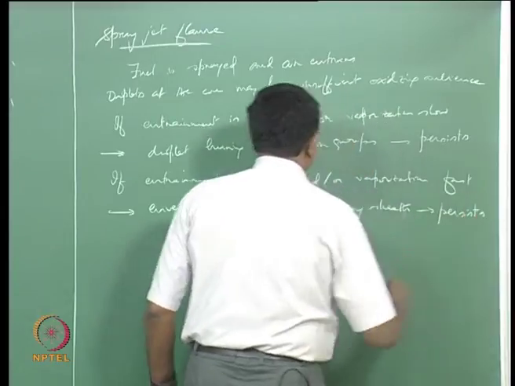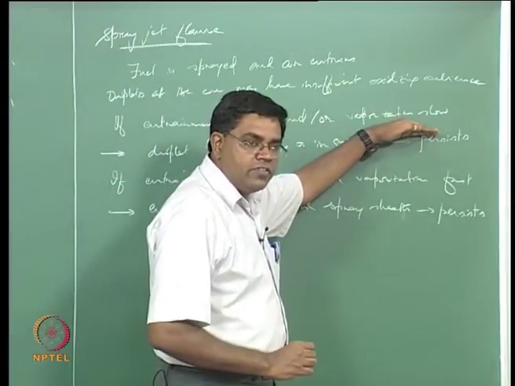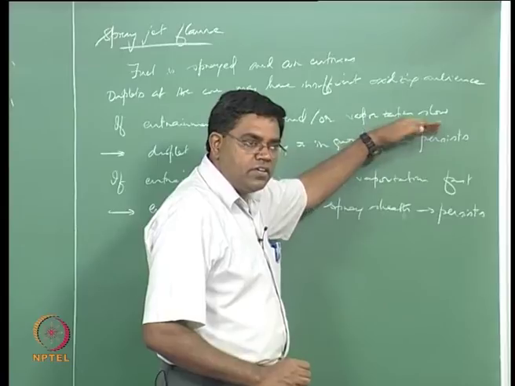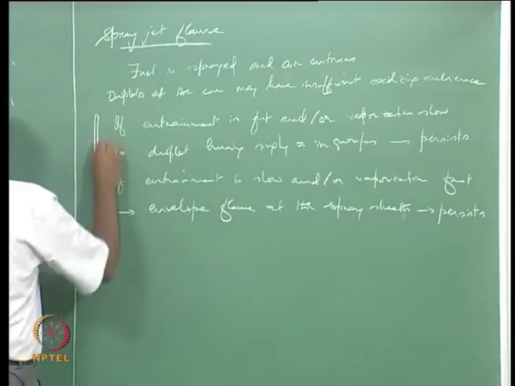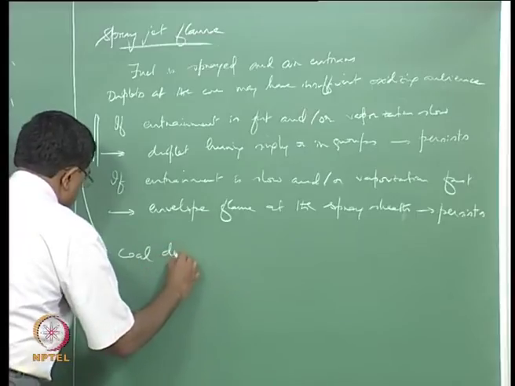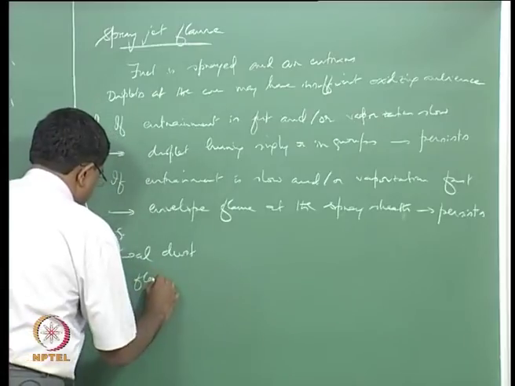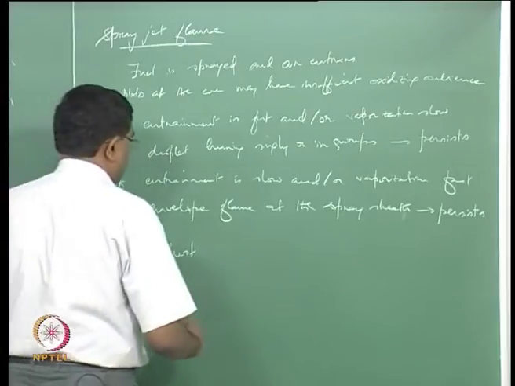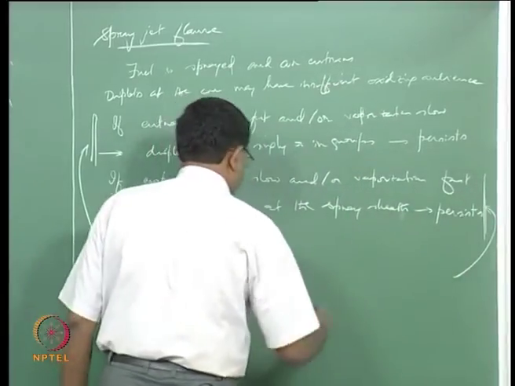Now typical examples of these are, for example, if you are looking at a situation where the vaporization is slow, that means we have to look for materials that are less volatile. So a typical example of this would be even solids. For example, you look at coal particles. If you look at pulverized coal, or coal dust, example, coal dust flame. Now the example of the second one, where the evaporation is fast, is essentially oils. So oil flame,